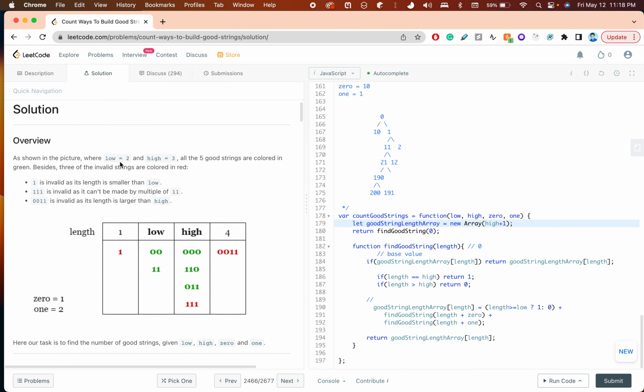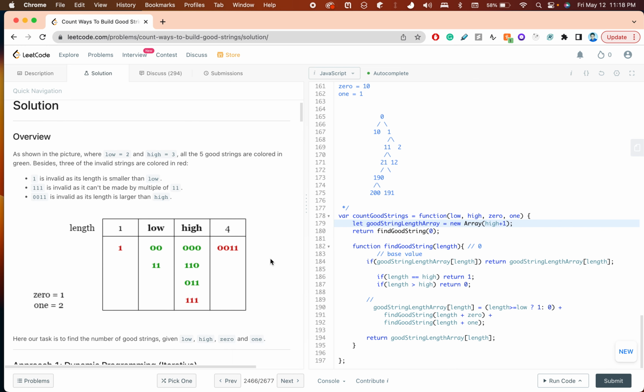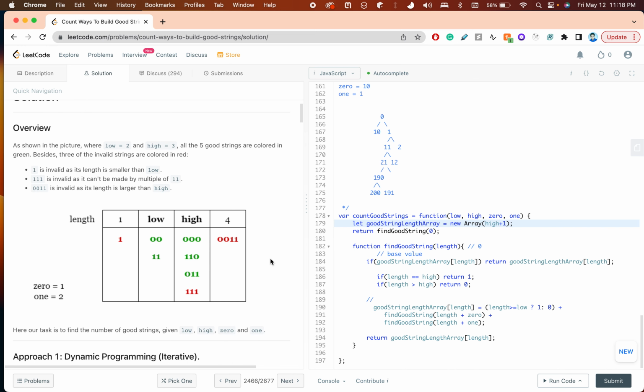All 5 where low is equal to all 5 are good strings colored in green, because 3 of the invalid strings are colored in red. Oh my god, why is 111 invalid? As its length is smaller than low? As it can't be made by multiples of 11? What? dp 0 is equal to 1, dp 1 is equal to 2, right? So if dp 0 is equal to 1, dp 1 is equal to 2, then